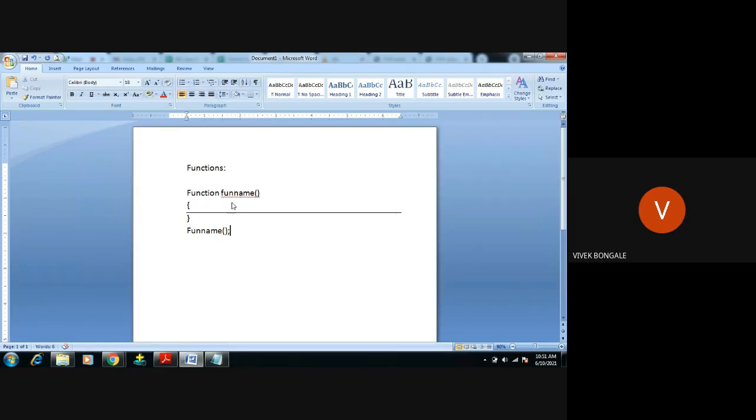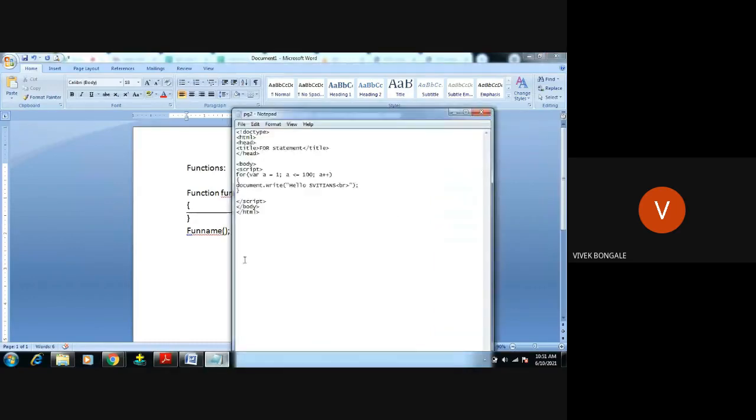This is how we're going to use functions, right? So the function name, then the bracket. If there is no parameter, then we just do this part. Then we call this function name here. What name we have created, you have to call that function, right? This we'll see in the code now. I will remove this part and we'll use this as a function.